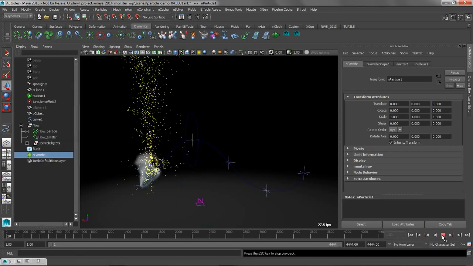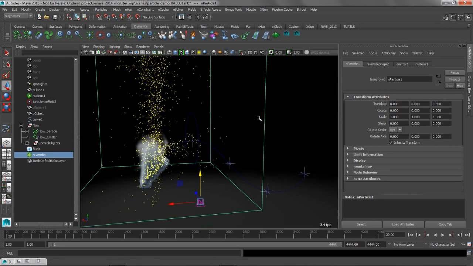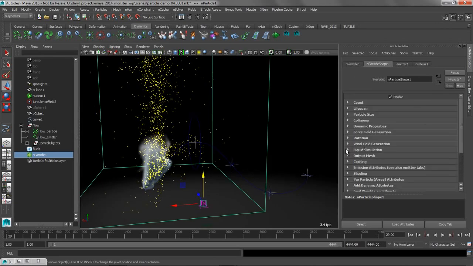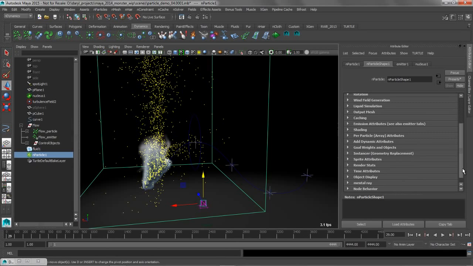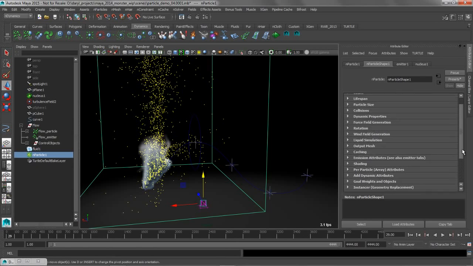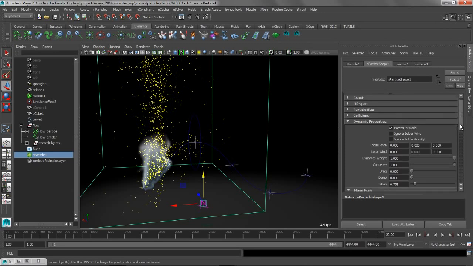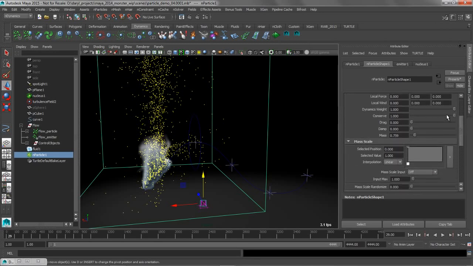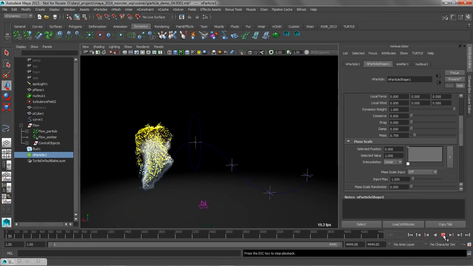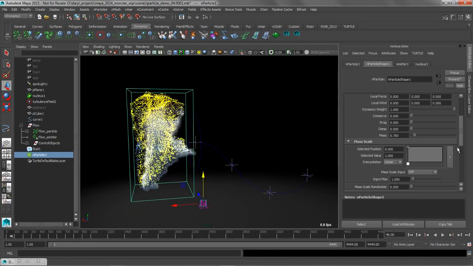So as soon as we do that, well, the particles go flying off. Like that first example where we used conserve to get those guys controlled by that turbulence field, we're going to do the same thing for the dynamic properties on this new end particle. We're going to jump in here and say, you know what, conserve will zero that guy out. So now those particles are really going to just get caught up in the field, and as they're playing back